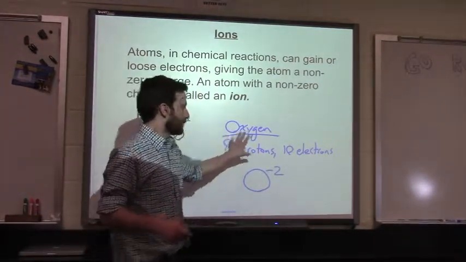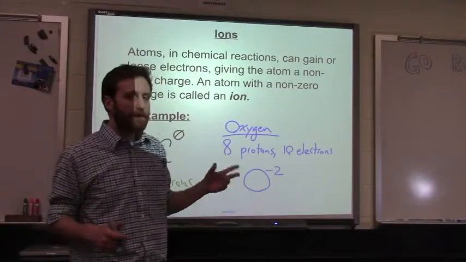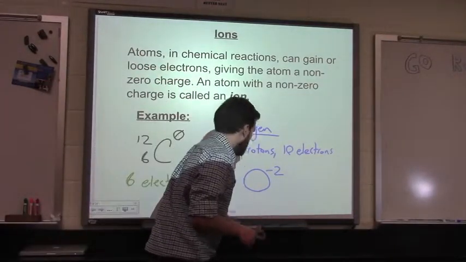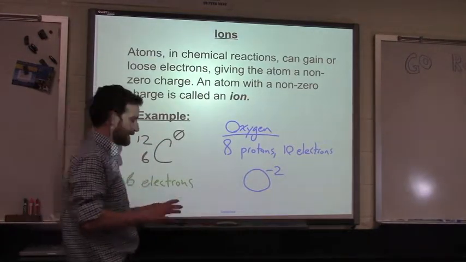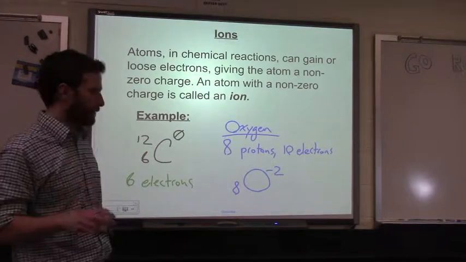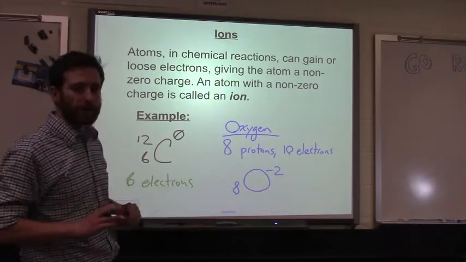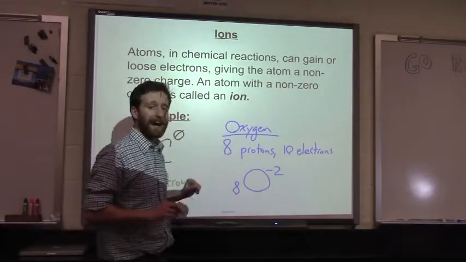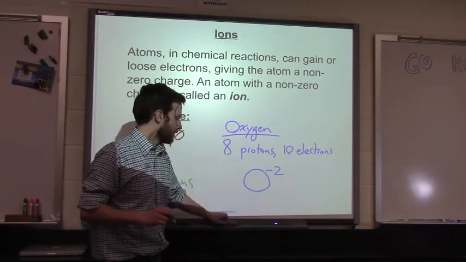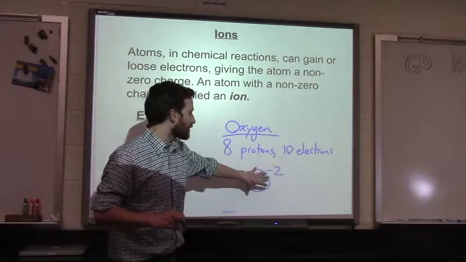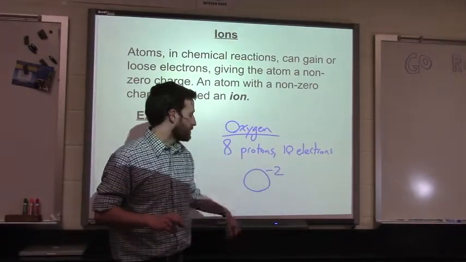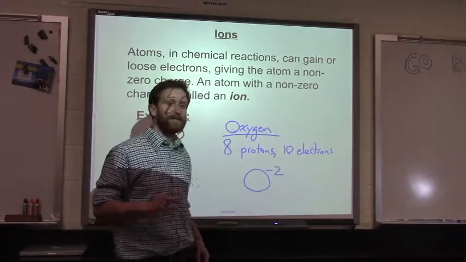Now, in this example, I haven't described anything about the neutrons, and so I'm not even going to make a judgment about what these 2 numbers are. Sure, I can say for sure that this is 8, because that's its atomic number. But I know nothing about the neutrons, so of this oxygen atom, I can't say anything about its atomic mass. I'm just going to neglect them both. So I'm going to say this is an oxygen atom with 2 more electrons than protons, and therefore it's oxygen with a -2 charge.